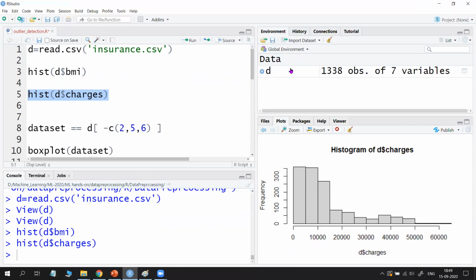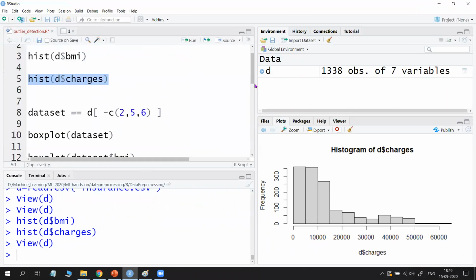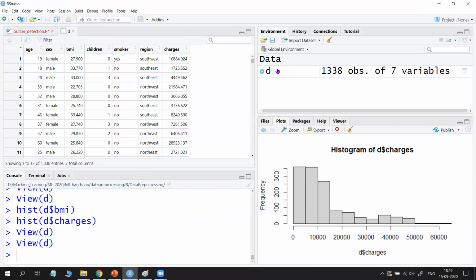So, for example, if I want to apply the box plot for the whole data set, is it possible? All the categorical variables are there. What are the categorical variables? I explained categorical variables in the previous video. They are the variables which do not have numbers. For example, if you consider sex, female and male, those two are not numbers. Smoker, yes, no, not numbers. Region, southwest, not numbers. So to draw a box plot, we need to have values.